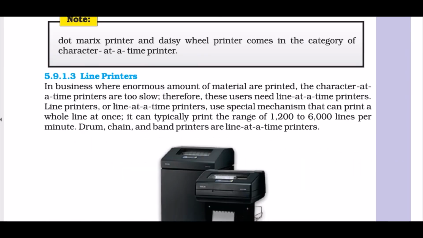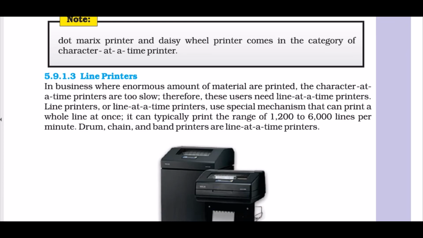Third, line printers. In business where an enormous amount of material is printed, you cannot afford slow printers. This is where the line printer comes in. Character at a time printers are too slow, therefore these users need line at a time printers.